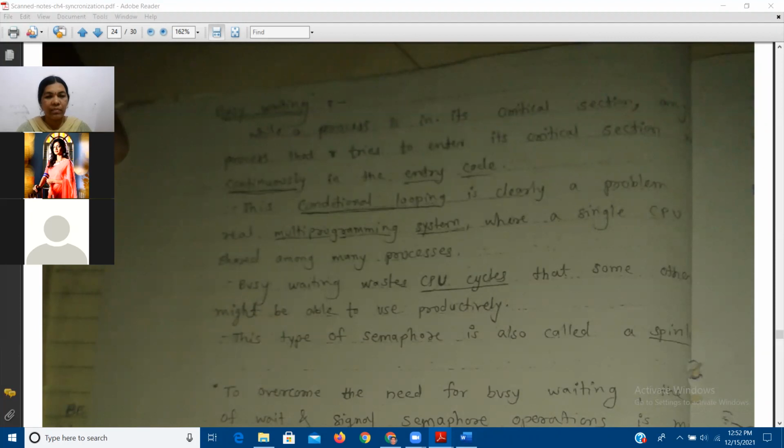Busy waiting. Every person has a habit of showing that they are busy even when they are not busy without reason, right? Yes, busy waiting. So we are actually in the waiting state, but still we are busy because we are executing the entry section more than once. Unnecessarily we are executing that entry section.